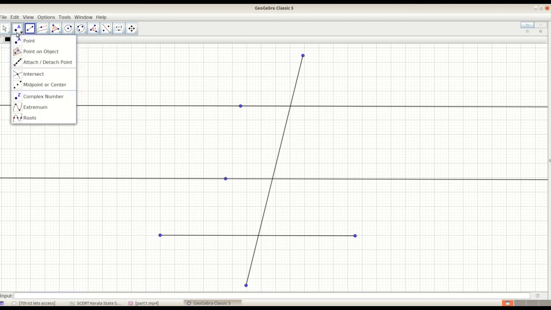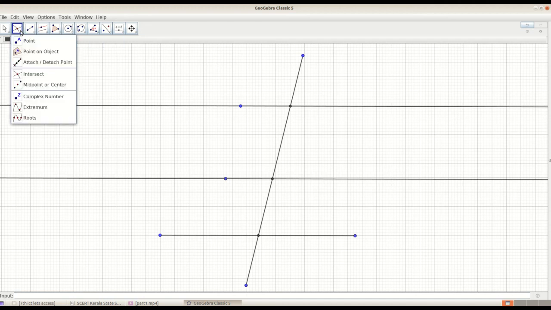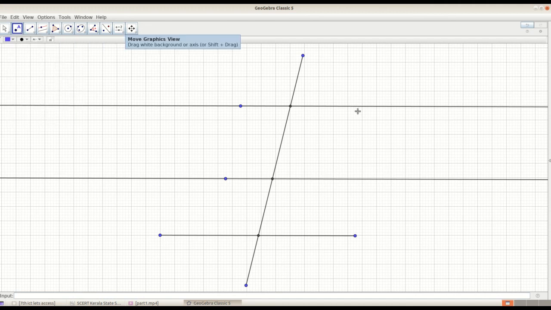Same way, take intersect and click on these 2 lines, and here we got the intersection. Here also we got it. Also take the point tool, just to click some points here for measuring.